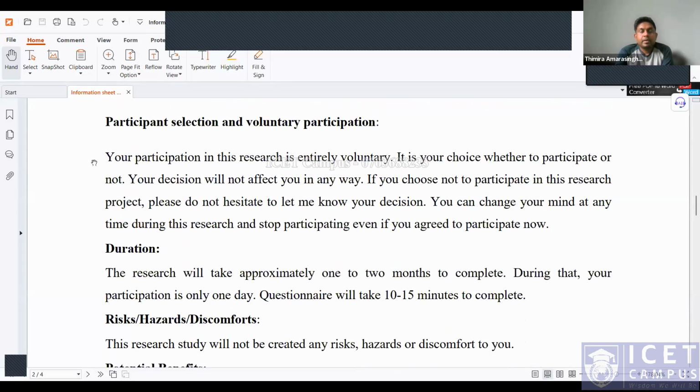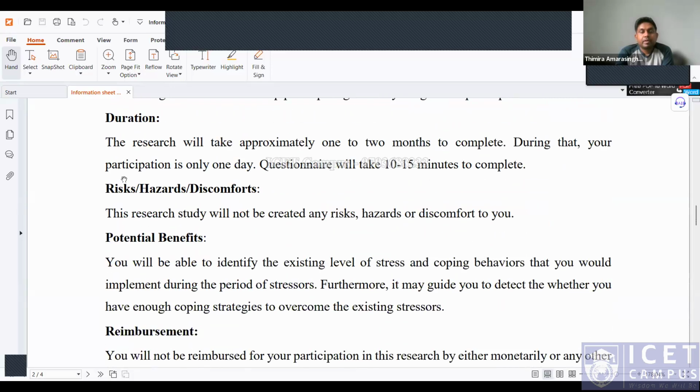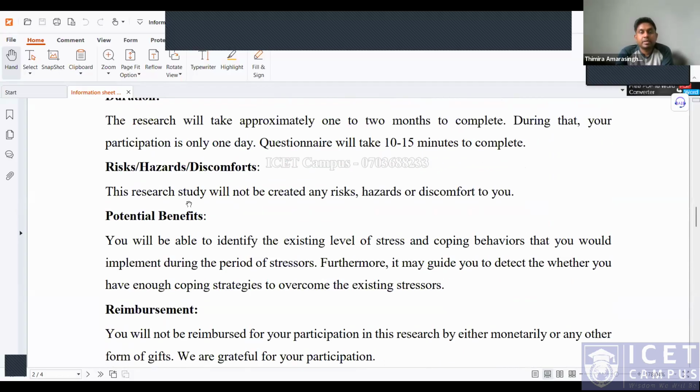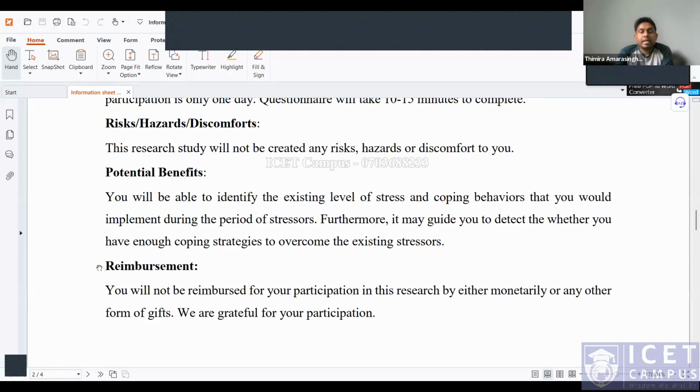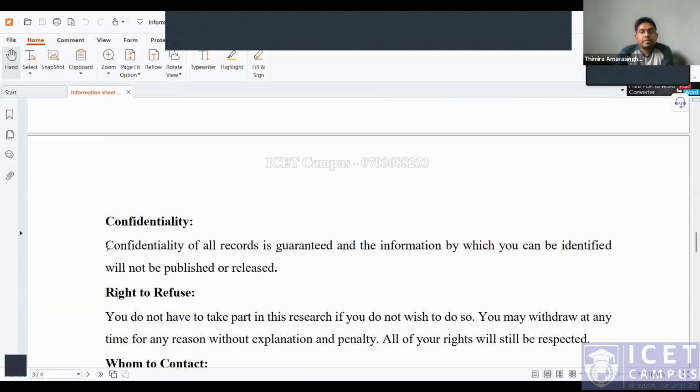and then how the participants are being selected and their right for voluntary participation, and things like the duration, whether there is any risk or discomfort that will be faced by the participants, and what the benefits are. Are there any compensations, reimbursements? And regarding the